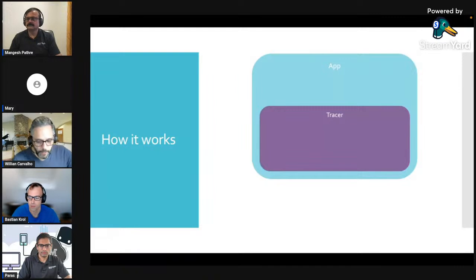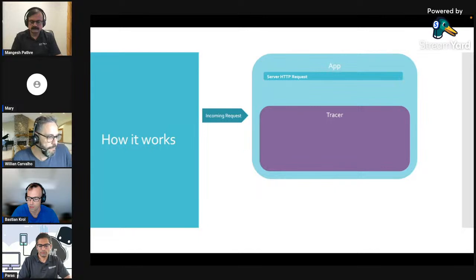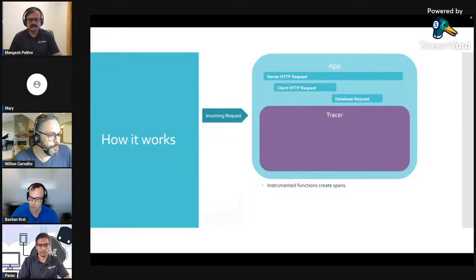So basically, how it works, if we dig a little deeper: let's say you have an application, and you receive an incoming HTTP request, right? So you have a web server running inside of your application. You receive this incoming request, and you're going to do something with it. Let's say, for instance, you are going to call another service as a second step. And at some point, you also will make a call to a database, right? And all of this information, you give back to the client who is calling you.